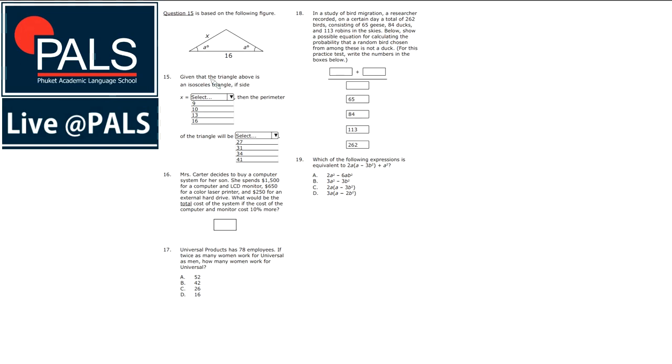Given that the triangle above is an isosceles triangle, if side x is equal to, the perimeter of the triangle will be equal to